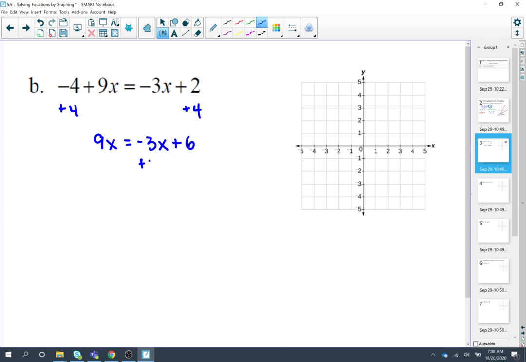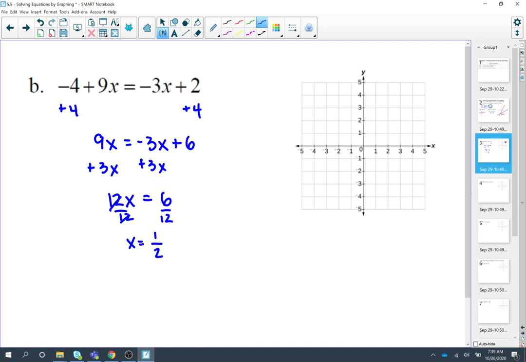Then I could add 3x. That's 9, 10, 11, 12x equals, those are going to cancel, that's going to get me 6. And then I'm going to divide by 12, which is going to get me x equals 6 divided by 12,